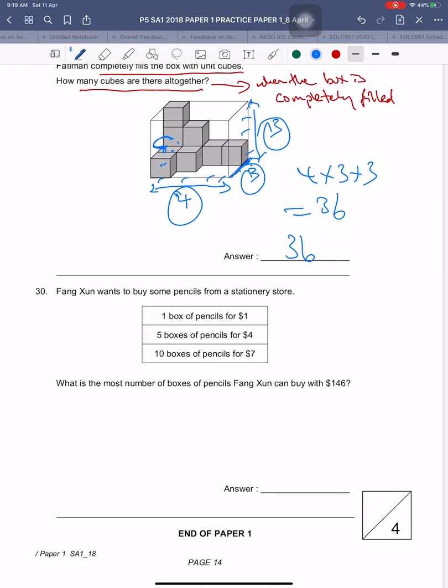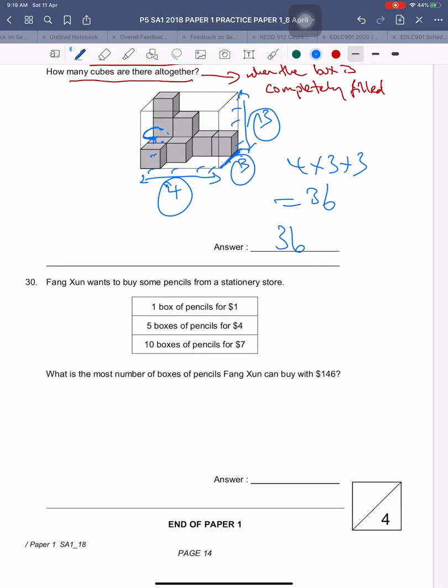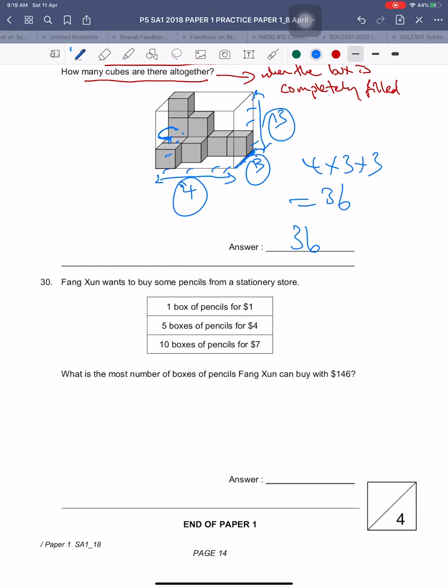Okay, question 30. Fatima wants to buy some pencils, and this is the cost. If you just buy 1 box, that will be $1. If you buy more, 5 boxes, you only pay $4. 10 boxes, you pay $7. If you look at the pricing, you find that the more you buy, each box will actually cost less. So what is the most number of boxes that she can buy with